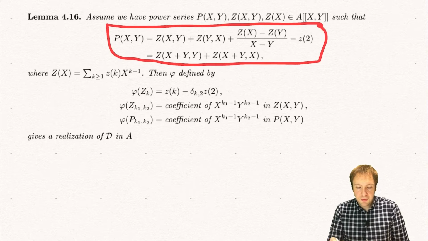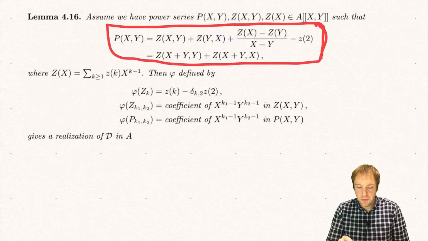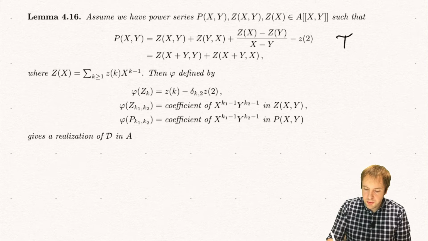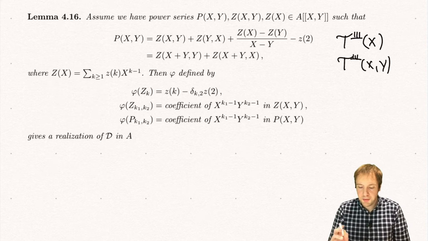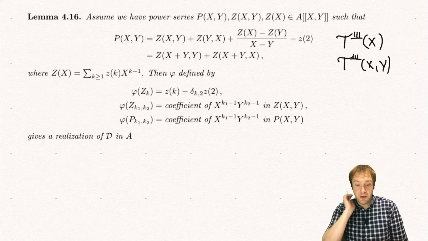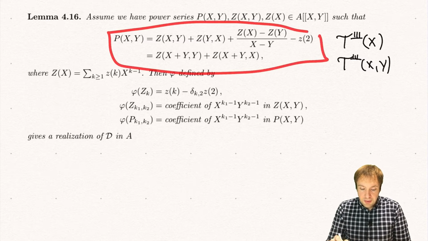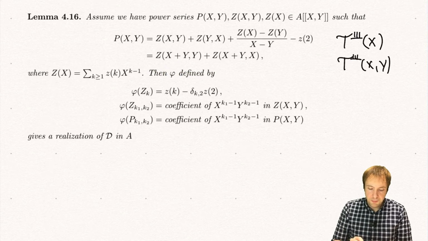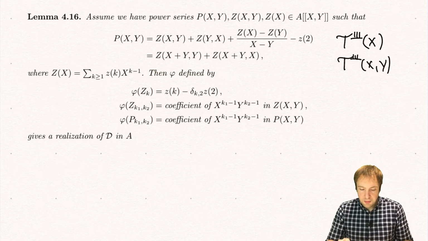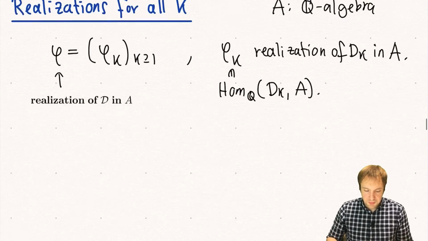This is exactly the equation which was also satisfied by what we denoted T shuffle X and T shuffle XY, the generating series of shuffle regularized multiple zeta values. And then you get a realization phi by defining,